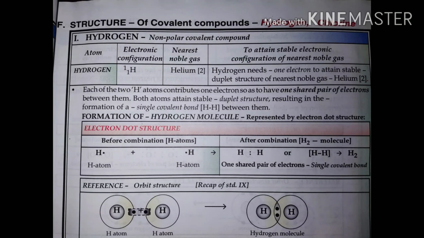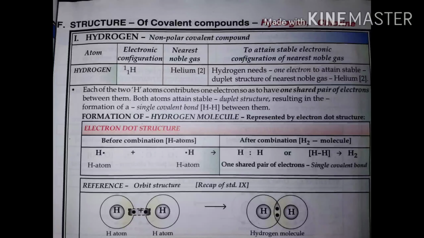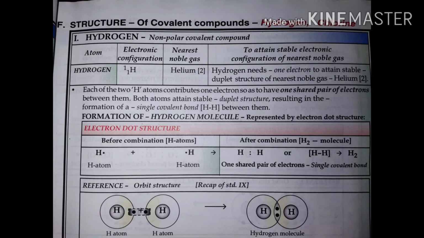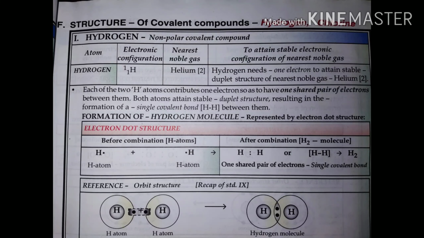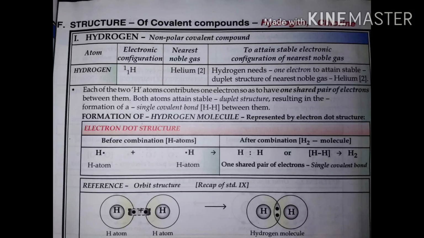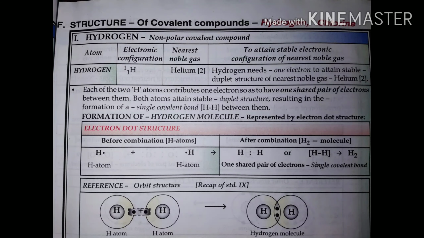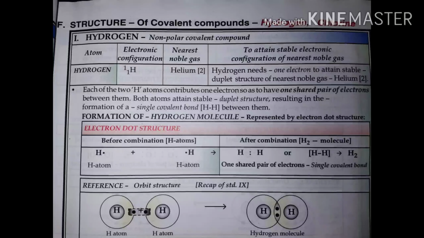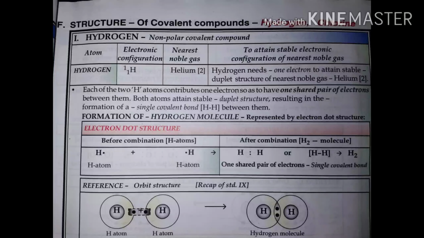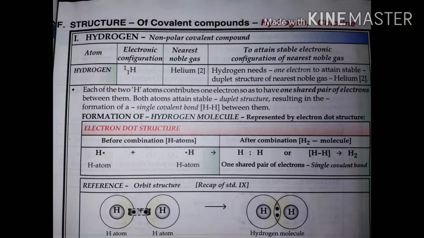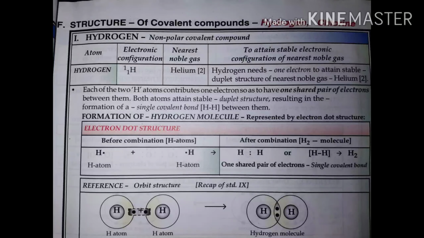Now see above, we have shown the electron dot combination. You can see first hydrogen atom having one dot, which is showing one electron in its outermost shell, plus another hydrogen atom which is also shown with one dot, which means it also has one electron in its outermost shell. And after combining, they have shown two hydrogen atoms, and there is a pair of electrons which indicates the shared electrons. Or the same thing can be shown by a dash, or can be shown as H2. So this is the formation of hydrogen molecule.